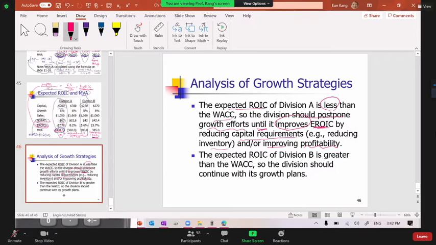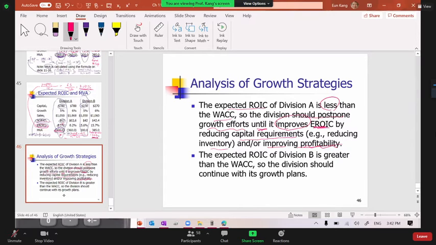Let's say reducing inventory, or for example, accounts receivable should be smaller, or accounts payable should be higher, whatever, right? And also we have to improve profit margin, whatever. So those things